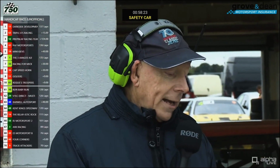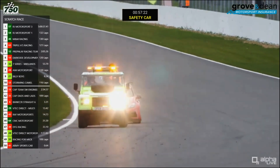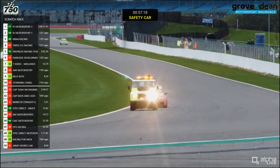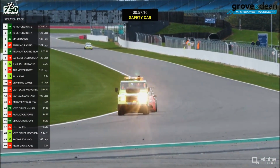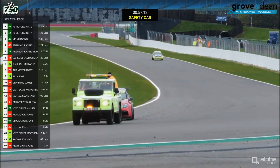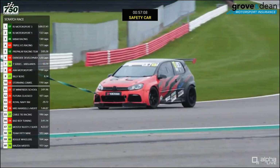the Golf. And as the speculation was, maybe the Audi can only do 50 minutes. Maybe with a safety car, they might be able to stretch that a little bit longer. And Scott Parkin then heading back to Garage 2, as we heard, and will be there ready and waiting to get out in the Mark II Golf, should that be required. It might depend on how long this safety car period lasts for, but I suspect it won't last for terribly long, because